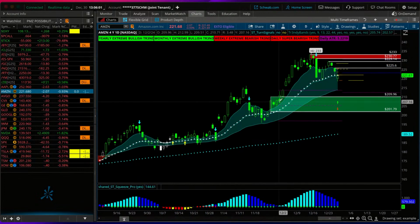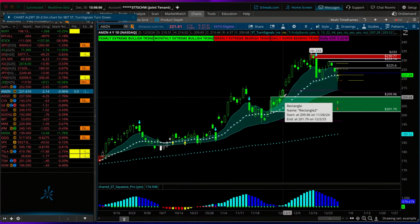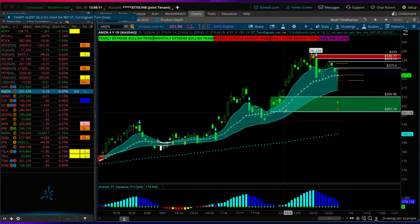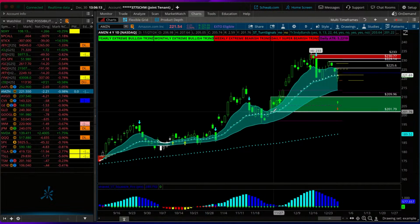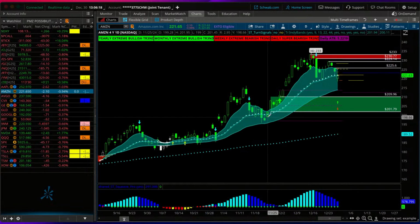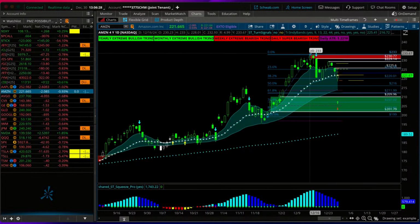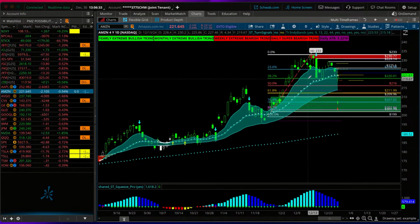So let's say that I got in this trade on this pullback to the demand zone here at 209.96 by 201.79. Well, this move to the upside, this bullish move began on this first candle that showed upside movement. So I will start my fibs there. Then I will go to the high, and I can see that the 38.2 is at